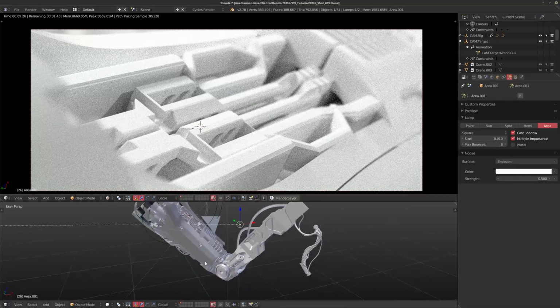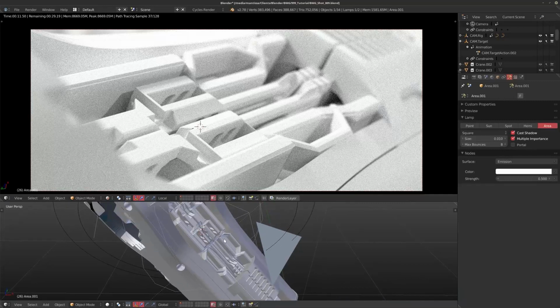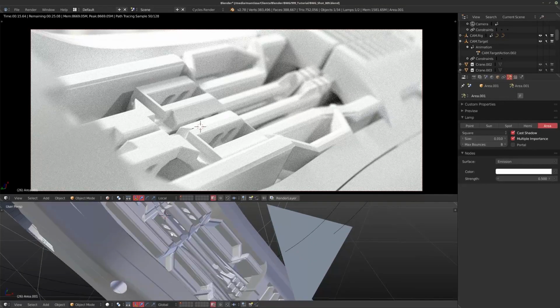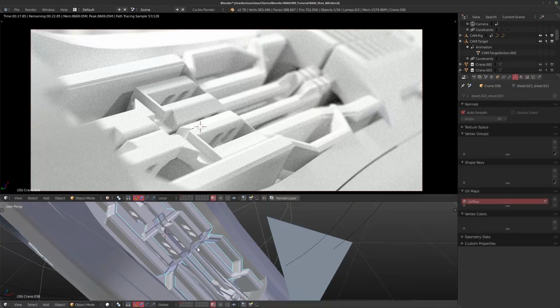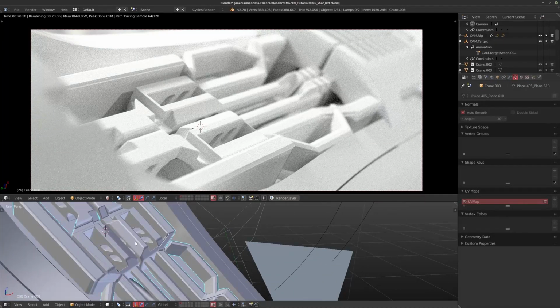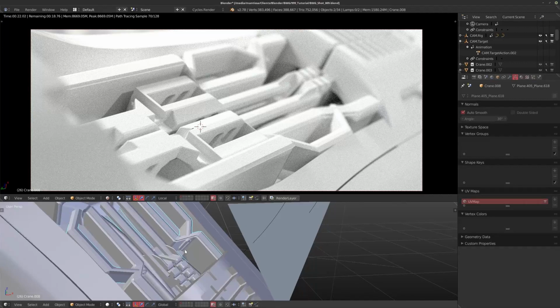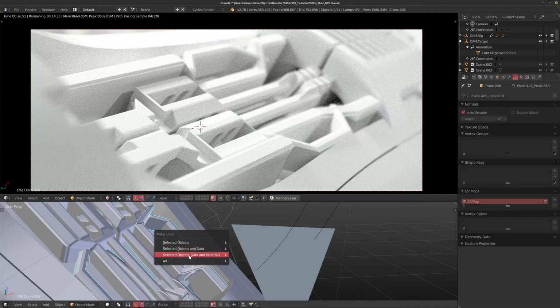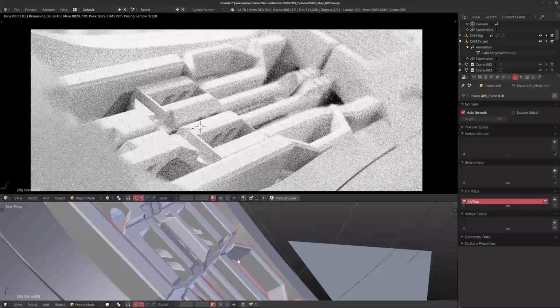So for the next part now, what I want to do is bring in some shaders. And generally, if I'm doing this kind of thing, I'm working with these linked objects. So I'm going to have to select one of these, select maybe some other ones. We'll just start with one, and I'm going to hit the L key and say I want to make local selected objects, data, and materials. So this means they're now objects in my scene.